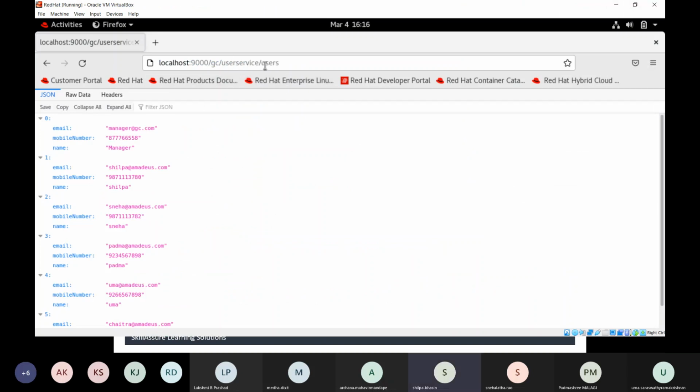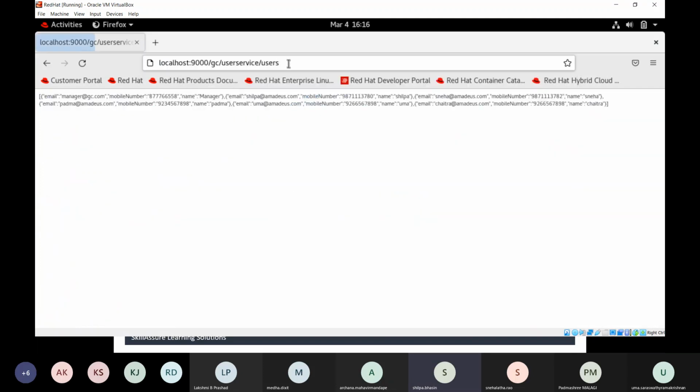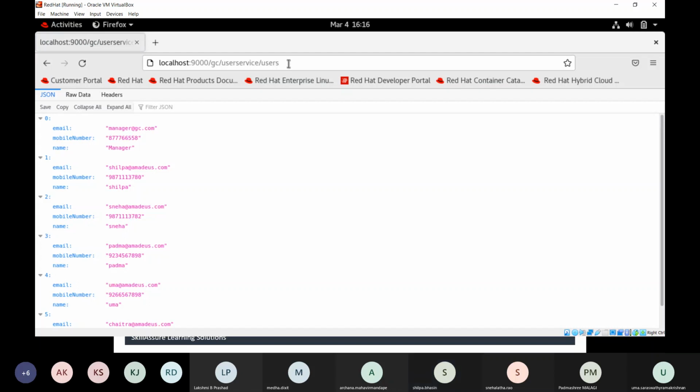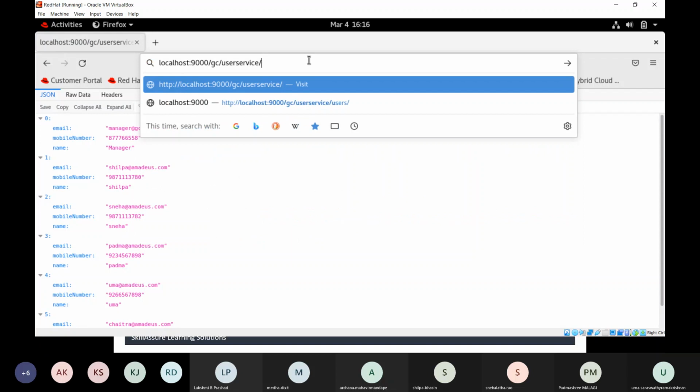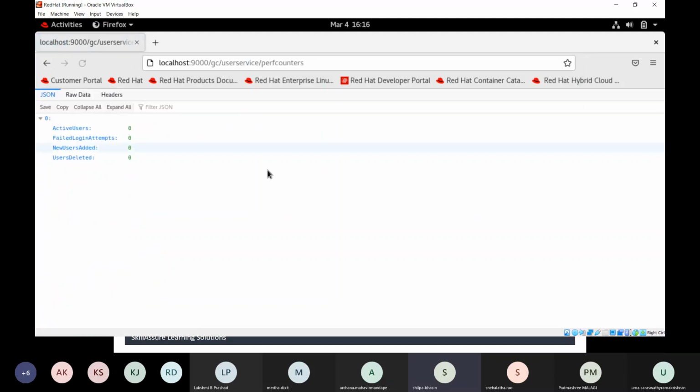So this is our server. Our application is running on port 9000 here, and we already have a few users in the system. This perf counters was a new REST endpoint that we have implemented, and it prints this JSON response,